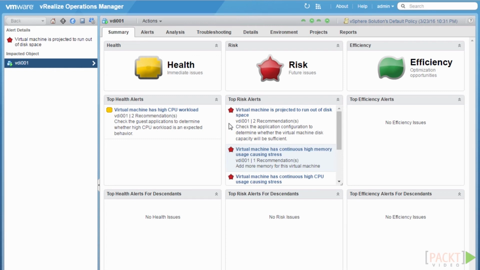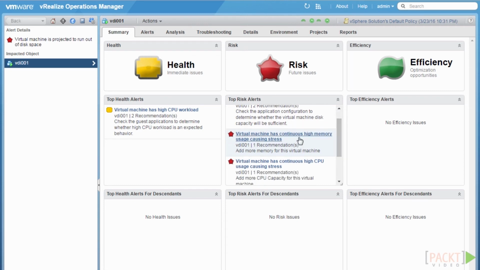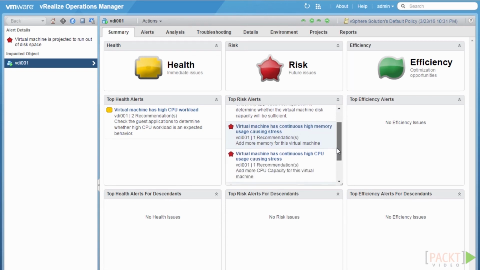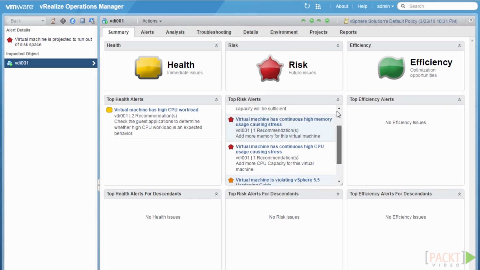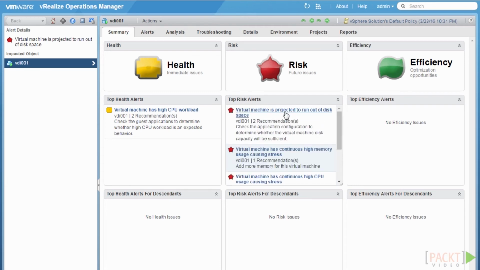If we have a look at this particular virtual machine, it has quite a few risk alerts. For example, the virtual machine is projected to run out of disk space, the virtual machine has continuous high memory usage, and continuous high CPU usage. On top of that, we can see the virtual machine is also not in compliance with the vSphere 5.5 hardening guidelines. If we have a look at one of these alerts, for example,